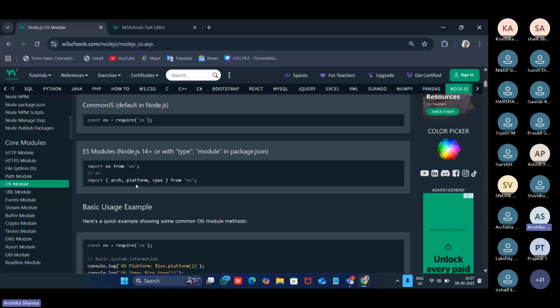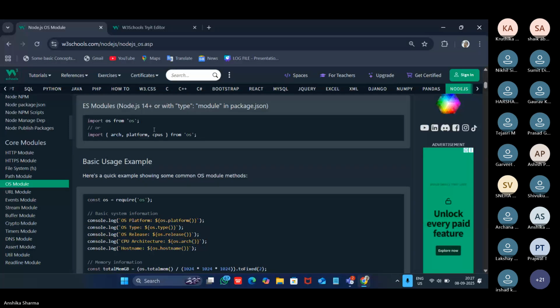Instead of writing the other kind of line, which will try to import all the methods from your OS module, by this method only three methods will be imported, and this will just enhance your code running functionality.